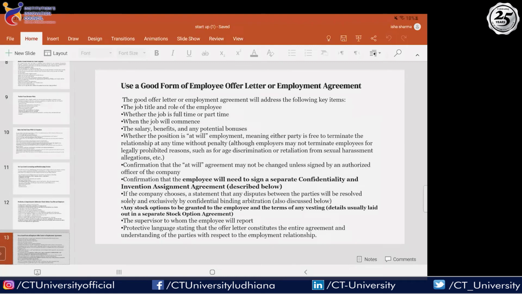Then your agreements should be in place. Whoever you're dealing with, once you have an idea and once you have a business or an entity, you need to have agreements in place. Be it vendors, the person who is developing your app, like developers, or co-founders, so co-founder agreements would be there. If you're engaging with team members, an employee agreement would be there. If you are talking to investors, then an investor agreement would be there.